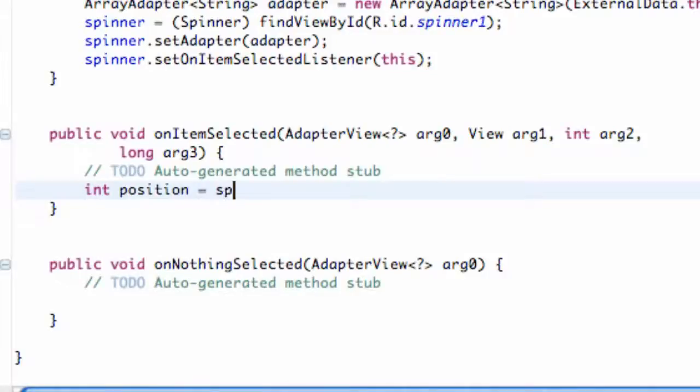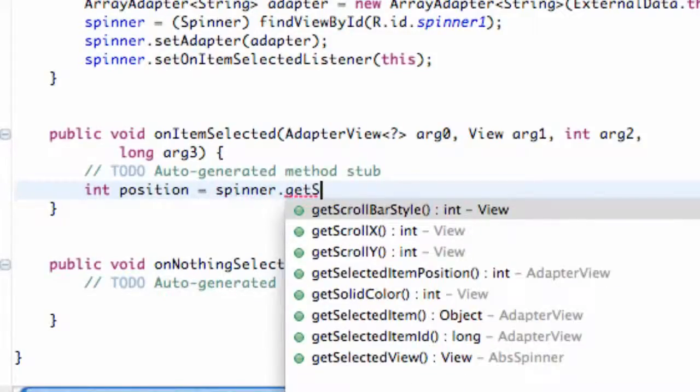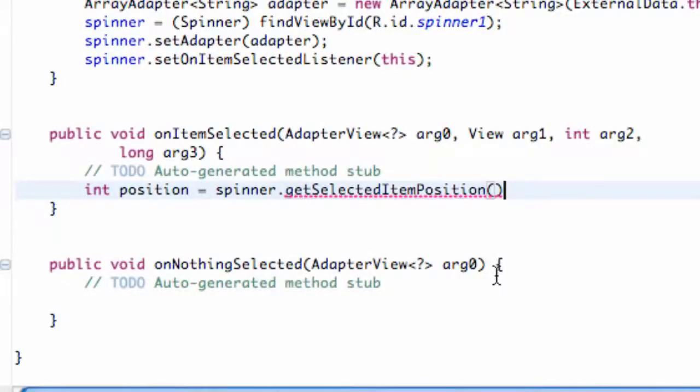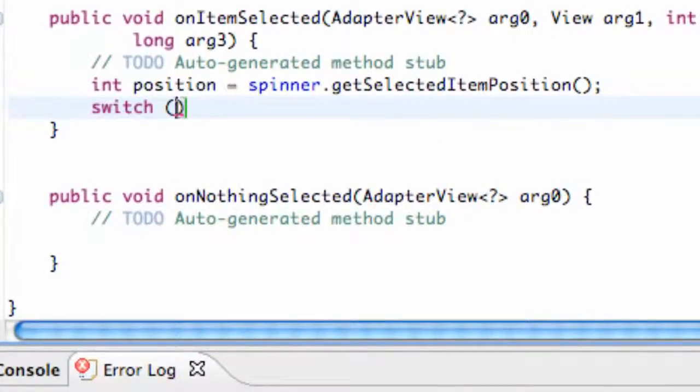We're going to refer to our spinner here and say get selected item position, and that's going to give us an int, the position of our array adapter that has been chosen. So we have three positions, position 0, 1, and 2. And so we're going to set up a switch case for that. So we refer to our position,